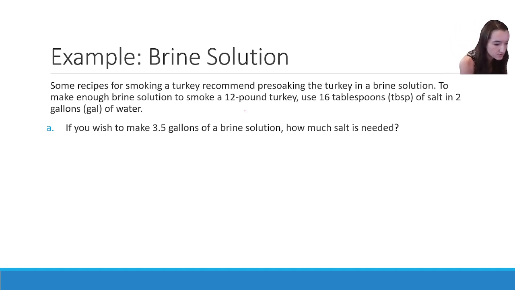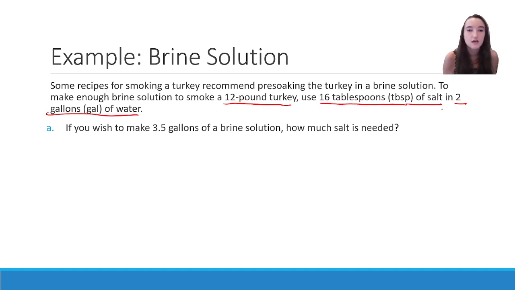Okay, so I'm going to underline, there's 3 pieces of information here. 12-pound turkey, 16 tablespoons of salt, and 2 gallons of water, right? Okay, so that's 3 numerical pieces of information. When we're working with proportional reasoning, which I'll get into exactly what that means in a moment, but essentially you're